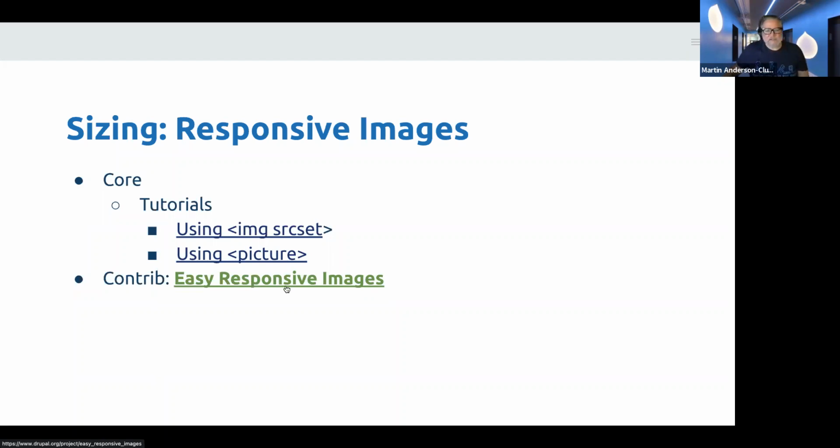I will confess that I haven't really used this one myself because I'm familiar enough with the process of setting these up manually, but definitely something to check out if it's something you want to try out. Maybe even just install it on a dummy site and see how they set it up, and then potentially use what you find in what that module provides to devise your own strategy manually. So something there, but again, this being green and bold means that it is both D10 ready and has a